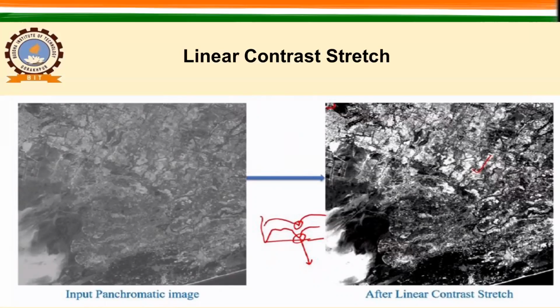Why? Because you will be relying on the absorption trough position. Suppose this is a spectrum for a given pixel in a hyperspectral or multispectral image, and based on this position we say that this is X material. But what if we have applied linear contrast stretching? Then you will have a different number for this. Maybe the spectral shape will remain the same after processing, but the value will change, so you cannot estimate the value or composition of this pixel. So this is only used for qualitative analysis.